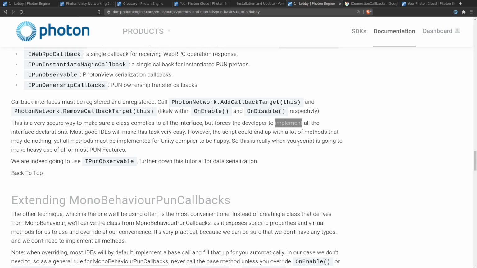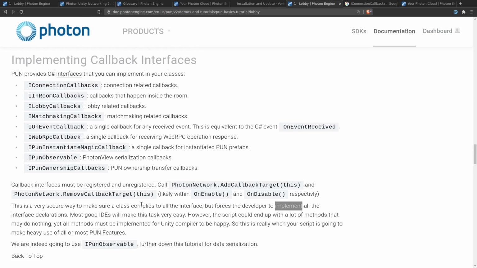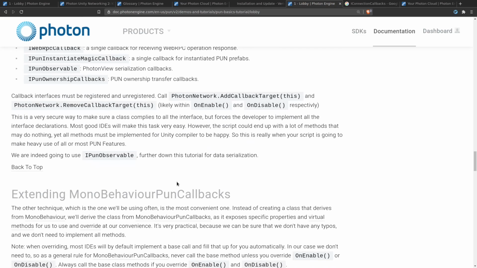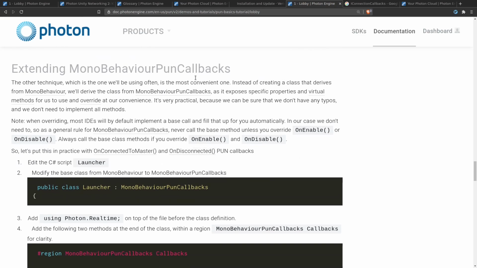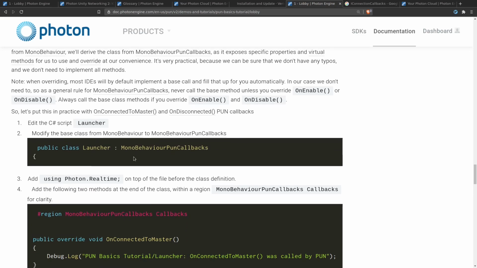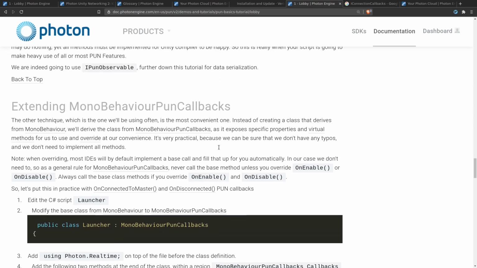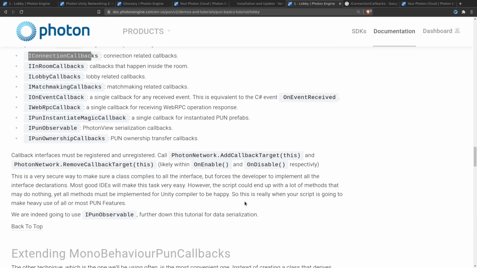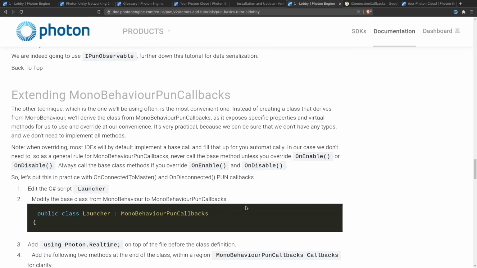So this is really when your script is going to make heavy use of all PUN features. So PUN features are those events in these different interfaces. Here's a solution to that. Extending MonoBehaviourPunCallbacks. So we can use a different flavor of MonoBehaviour called MonoBehaviourPunCallbacks, which basically has all of the events and all of these interfaces already baked into the class. So they're all there,